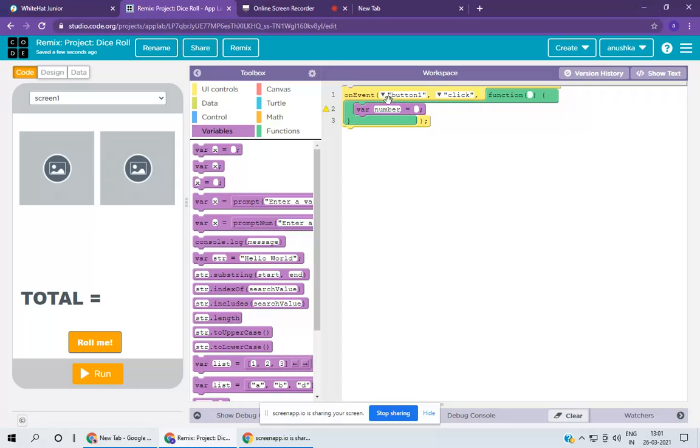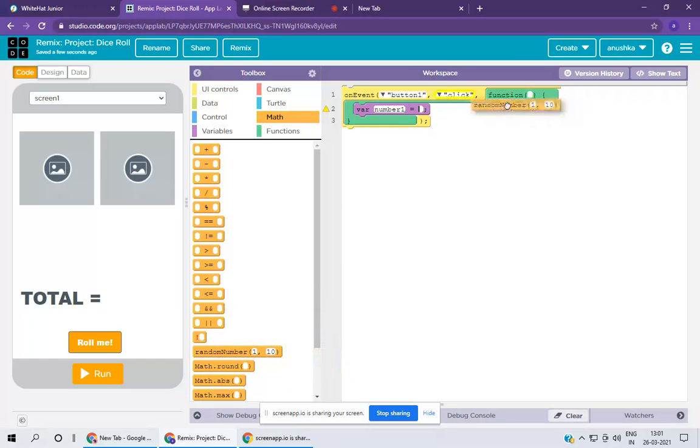It's my variable's name. This is my variable, number 1, and here we will take a random number.